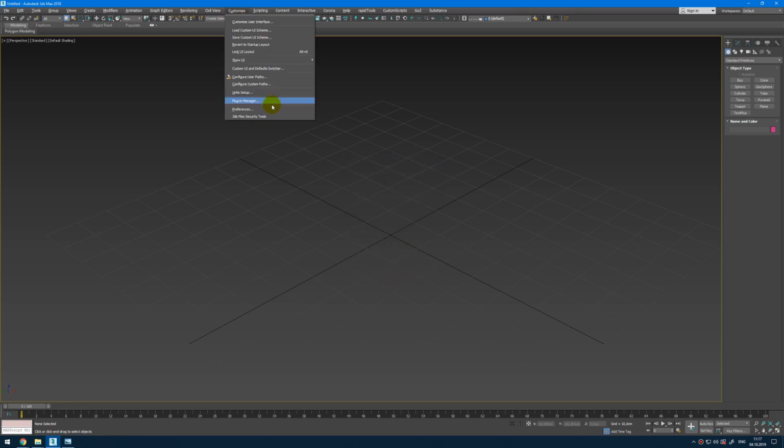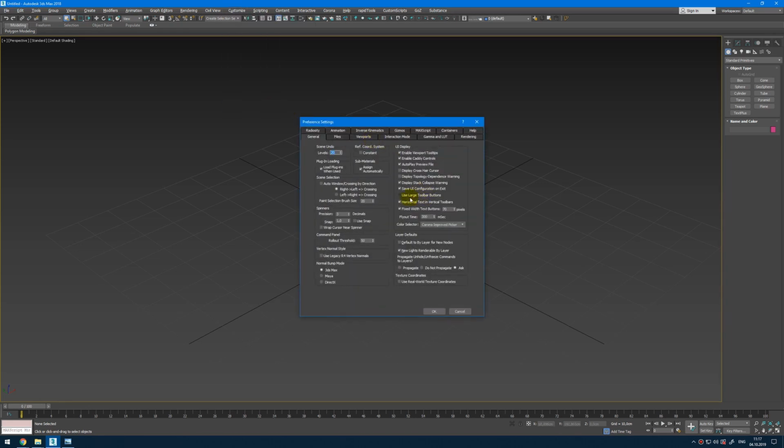Then in the preferences, I change use large buttons to small ones. Just get rid of this checkbox. Next, I also uncheck use real world texture coordinates and default by layer for new nodes. I want to set up all textures by myself, with tiling and sizes in the UVW modifier, and this checkbox is available